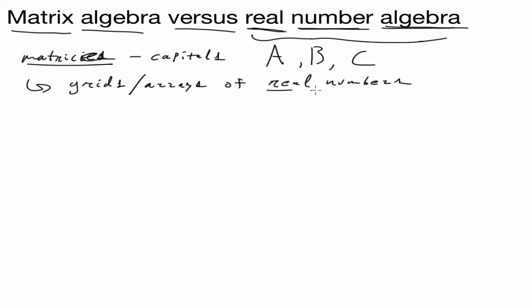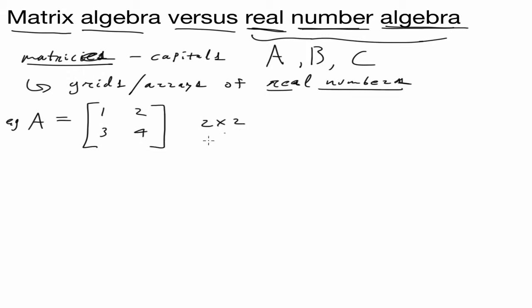Okay, so one could also ask, well, what about complex numbers? And you certainly could do a lot of things with complex numbers as well, but for right now, we'll restrict ourselves to real numbers to keep it simple. And so, of course, you might write A. This is an example. A is equal to a grid, 1, 2, 3, 4. Okay, so that's a grid, and we call this a 2 by 2 matrix,